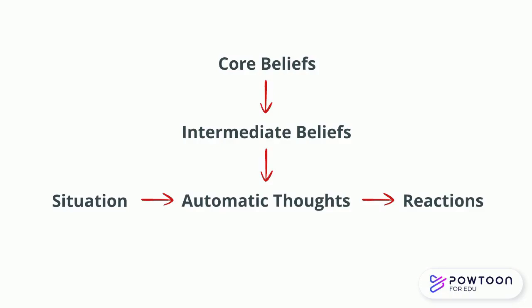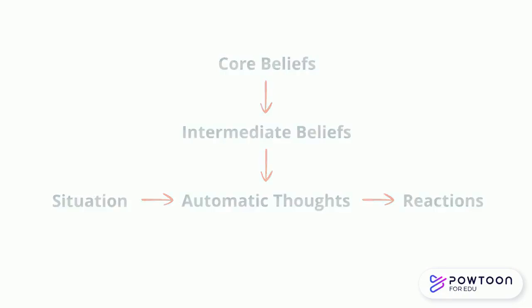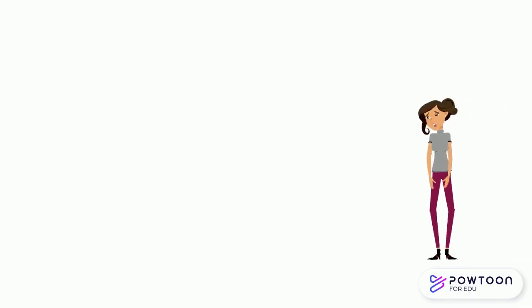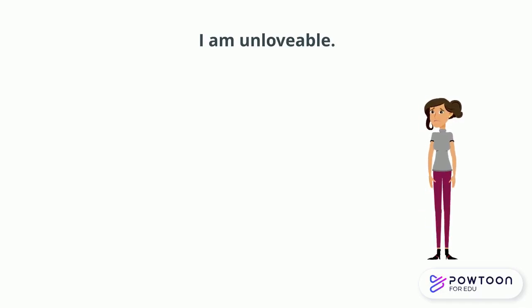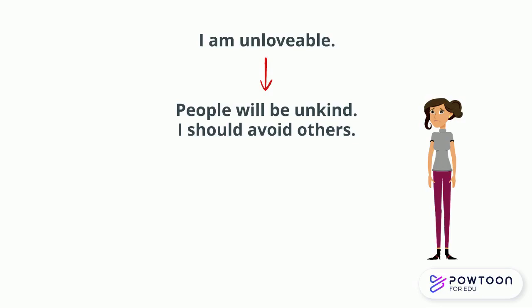Intermediate beliefs consist of attitudes, rules, and assumptions that are influenced by core beliefs. And intermediate beliefs, in turn, influence automatic thoughts. Let's suppose that Jane has a core belief that she is unlovable. Because of this core belief, she has developed a rule, or an intermediate belief, about being wary of interactions with other people. Specifically, let's suppose that because she believes that people will be unkind to her, she should preemptively avoid